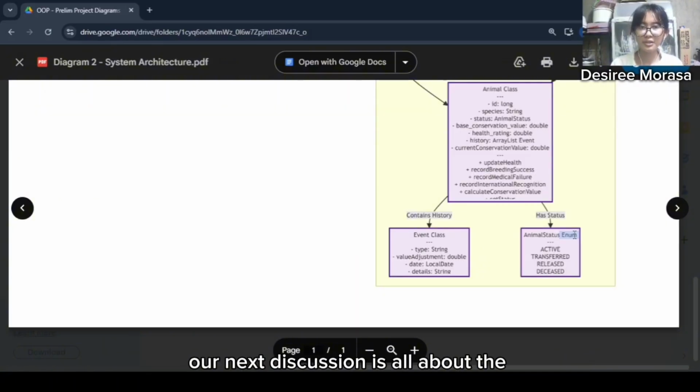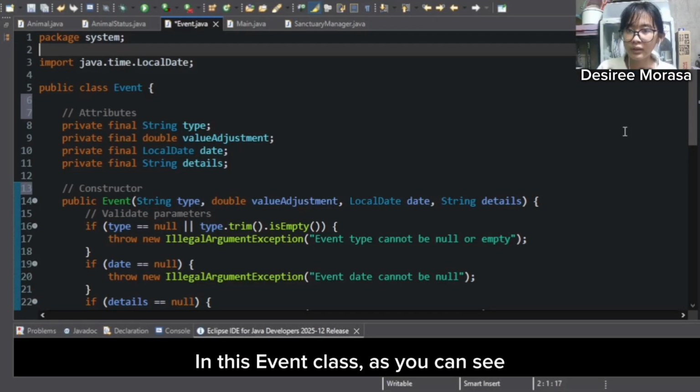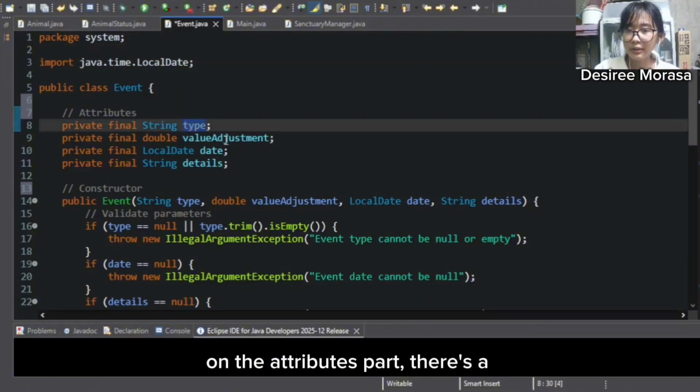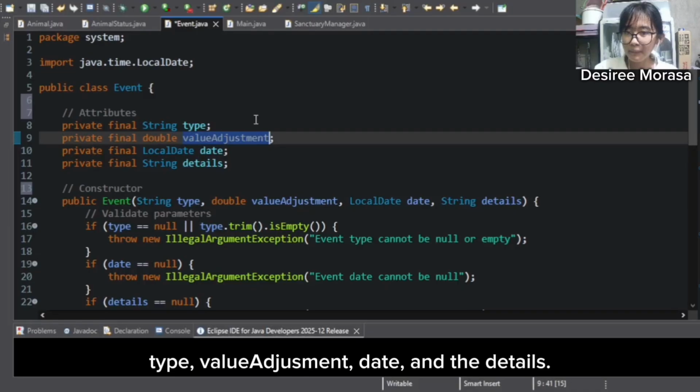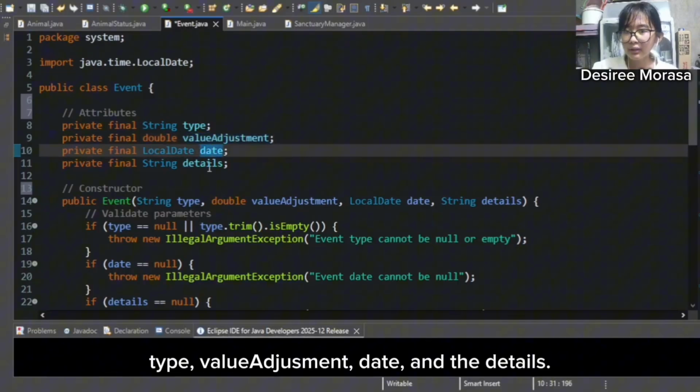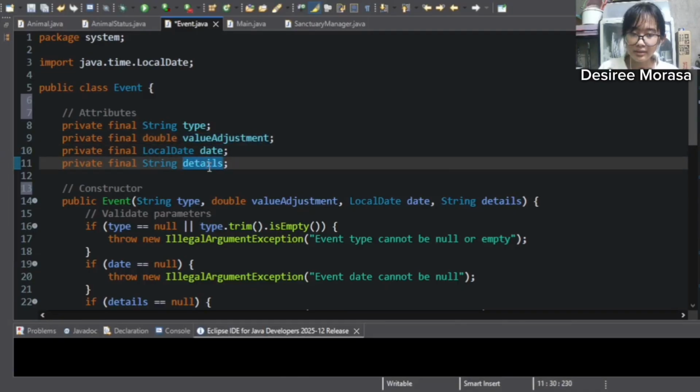Our next discussion is all about the Event class, which records everything that happens to an animal. In this Event class, as you can see in the attribute part, there's a type, value adjustment, date, and details.